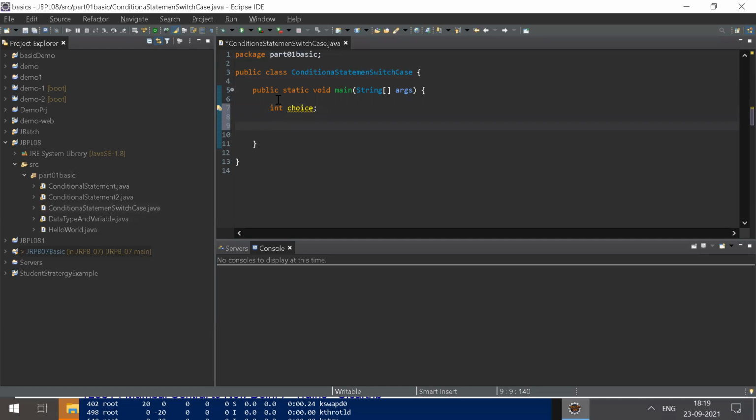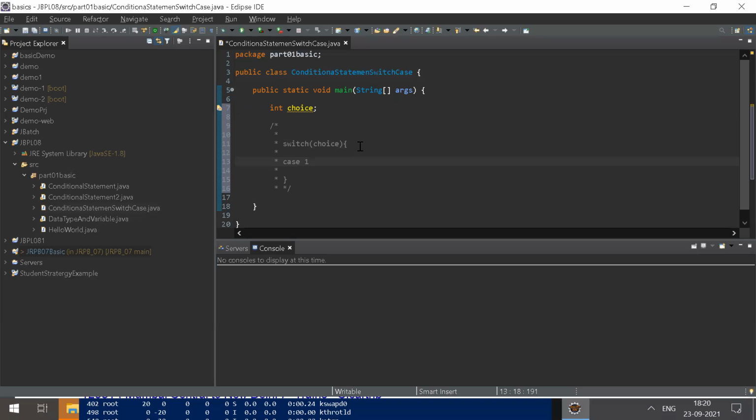So what is the syntax for the switch case? Let's discuss the syntax first. You have to write switch, parentheses open and close, and pass whatever choice variable the user is going to input. Curly brackets open and close. Inside you write a case.